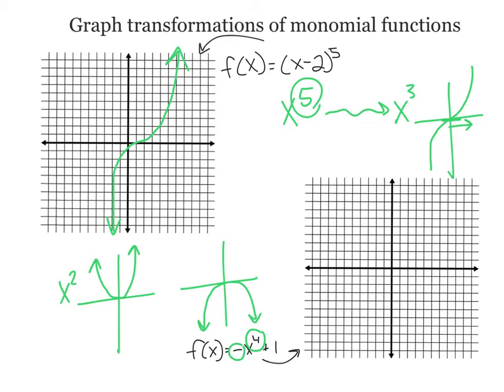But we also see that our function is being shifted up 1 unit on the y-axis. So that is going to create this function right here that is shifted up. If we apply that to our graph here, we're going to get something like this. It's a bit wider, a bit flatter up here than your normal parabola. But these are just 2 examples of transformations of monomial functions, and we'll apply similar techniques when we're examining